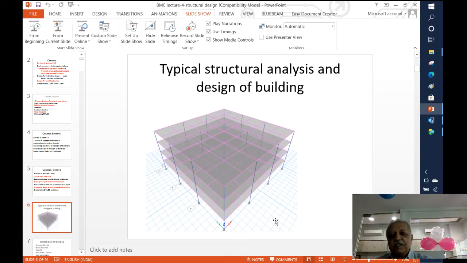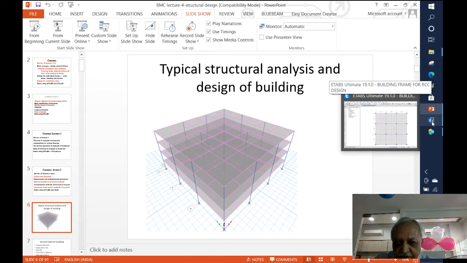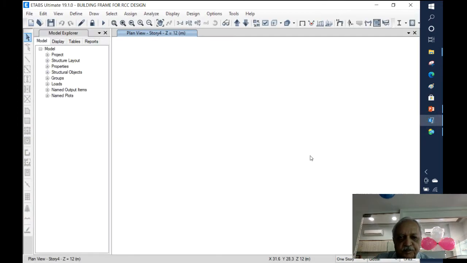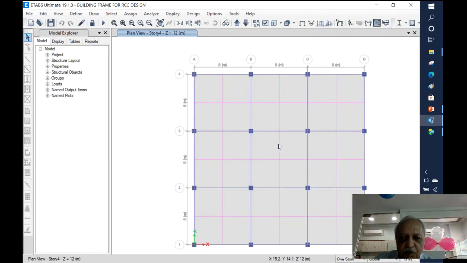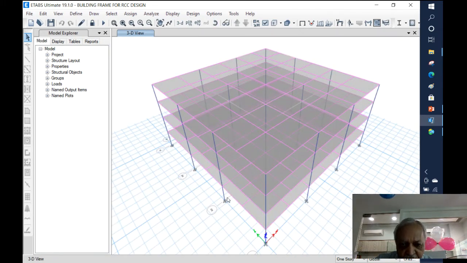So you have a typical structure like this space frame which I have shown, a typical building frame you can say, taken from this ETABS model. You have various structural components, like the columns, the beams, the slabs, and so on. And in the end, when you see the 3D view, finally you will be designing the structure at the foundation level to provide adequate foundations to it.